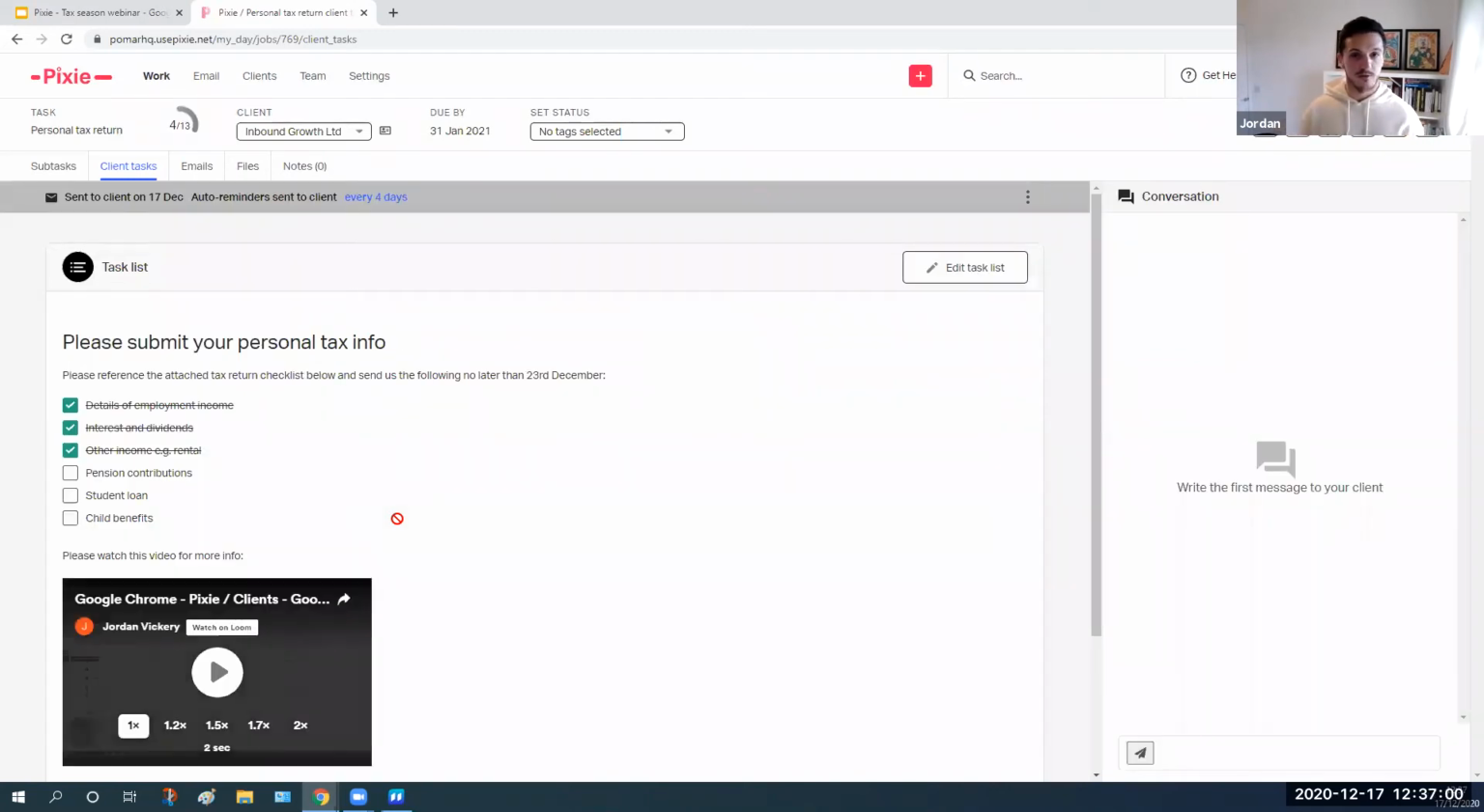So it just takes that little bit of pressure off you. If you think it takes 5 minutes to chase a client for something, and you're doing that for 100 clients, that's 500 minutes of time. If you can get Pixie or something similar to do that in the background so that you can focus on actually just doing the tax returns with the information that you have, then it's going to save you an enormous amount of time. What we also have here at the top in terms of statuses is